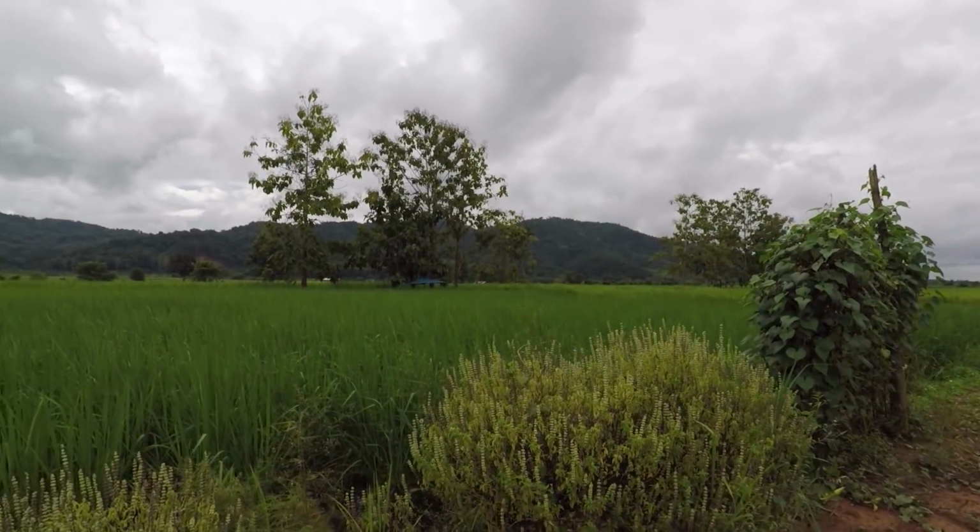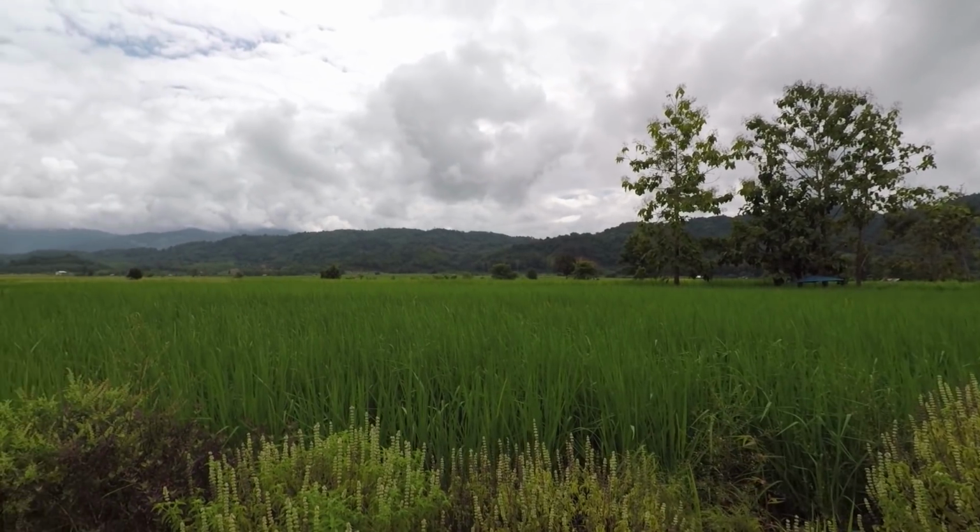It does look as if we're going to get an awful lot more rain though. Should be coming to the end of it very, very shortly. The rains can't last much longer, and then we'll move into our winter period. It'll be fine. It's generally pretty warm in the day, but as we approach February, March, it can